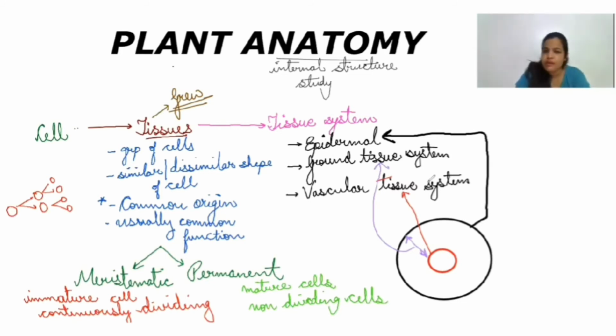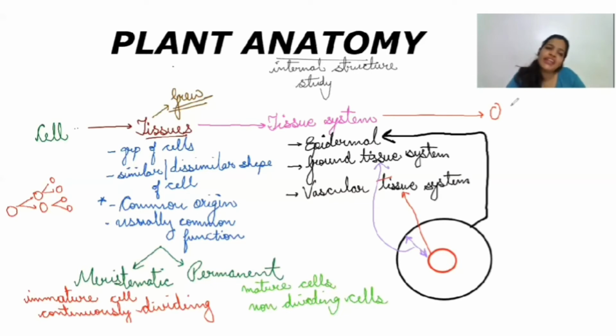Now, what are the tissues forming these tissue systems? Are they made up of a single tissue or more than one tissue? We'll discuss that in my upcoming videos. I hope this part is clear. Now, coming to the next level of organization, from the tissue system we'll move towards the organs. There is nothing difficult left, because everything important about organs and organ systems we already know from studying morphology.